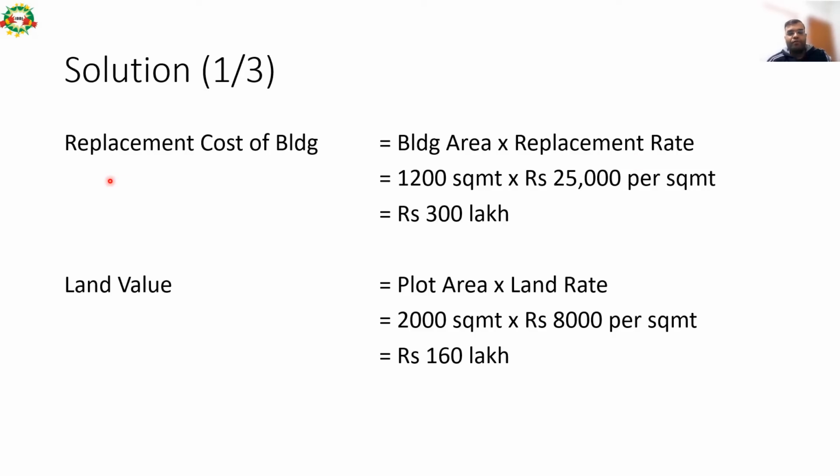So first of all we have to calculate the replacement cost of the building and the land value. Replacement cost is equal to the building area, the total built up area given in the question, times the replacement rate. Both figures are given in the question. If you multiply 1200 square feet by 25,000 rupees per square foot, we get the total value of the building, which is the replacement cost of the building, equal to 3 crore